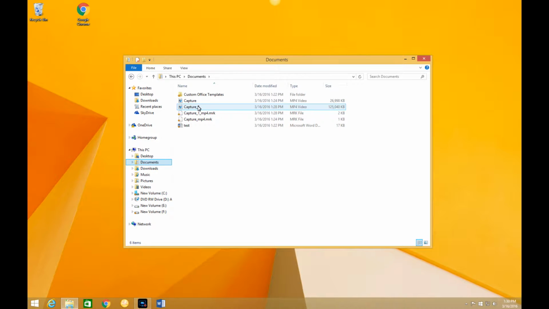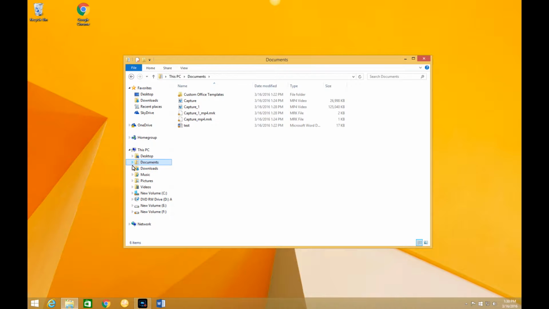And a few of these, the captures, what you see are the recordings that I've done over the last couple of seconds. Now, just to note, the orange dot, don't worry about that. That is Carbonite backing up my system, which is a good thing. So I've already placed a test document in here, and